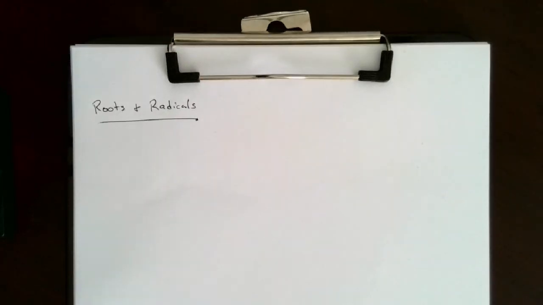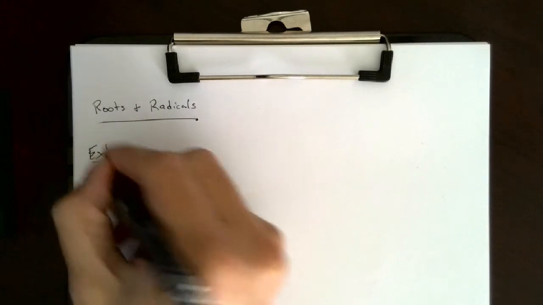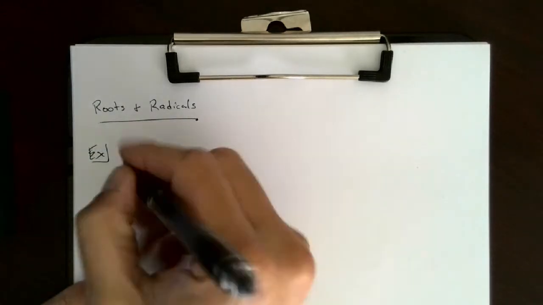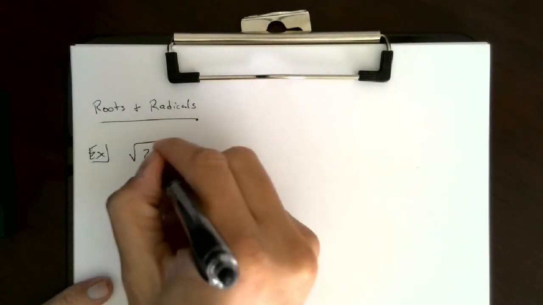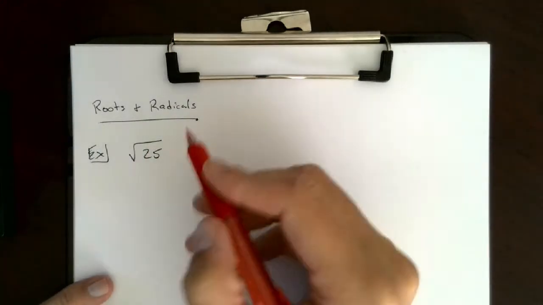This video is on roots and radicals. So this is going to be the first part of an introduction on roots and radicals. And let's just take a look at a quick example before we do a definition. So if I was talking about taking the square root of 25, now what that really means is what number